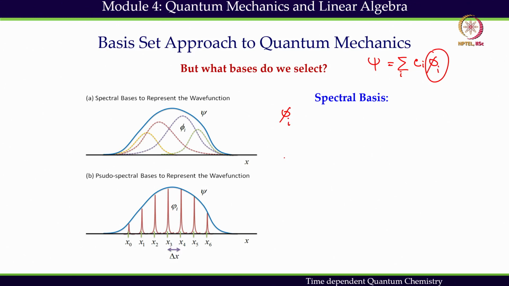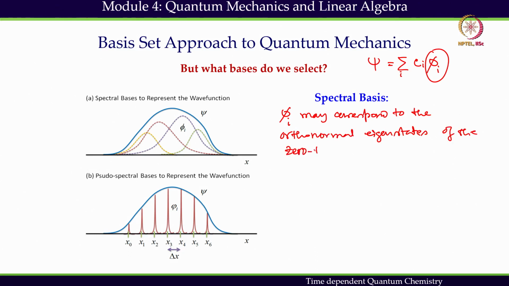Phi I, this basis function, may correspond to the orthonormal eigenstates of the zeroth order Hamiltonian of the system. And how do you get that? I have been mentioning this from the beginning,